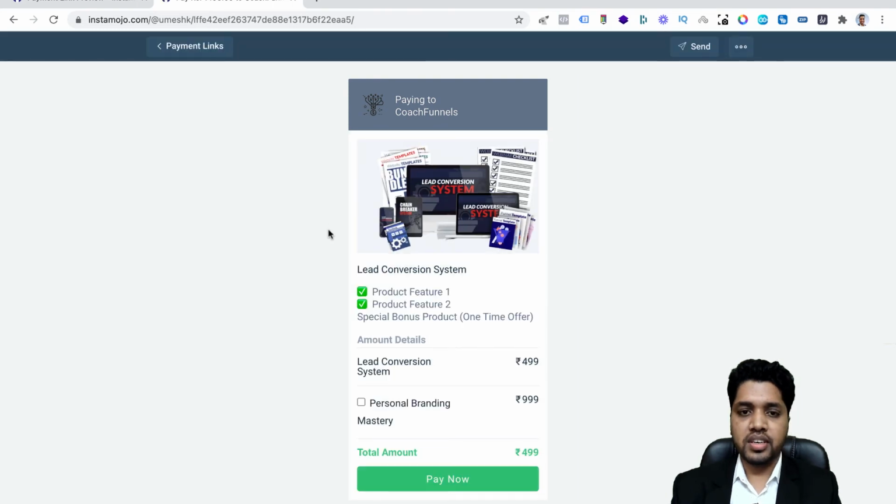So now you can see here the main offer is the lead conversion system, but this is an optional offer. This optional offer will help you increase your revenue from the same customer, and also have better ROAS, return on ad spend, return on investment, because the person is going to buy this. There is an option of impulse buying. The person might like this product offer also, and they can simply tick and buy this. So you can see the pricing is 499, but the person can take this offer as well by just a single tick, and they can pay now for the whole system.